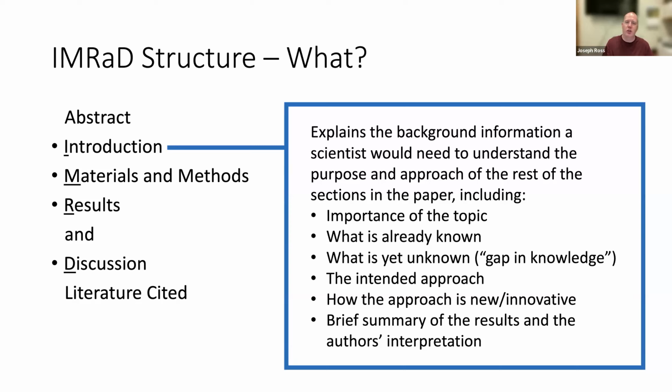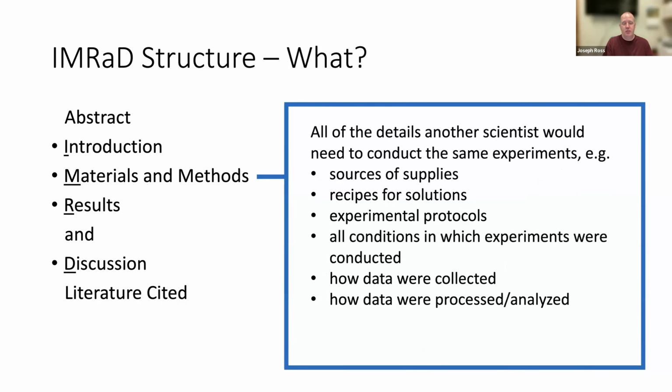So again, you can take a look at the bullet points here, the sorts of things that are typically found in the introduction. You'll notice that many of them are things that were also in the abstract. And I'll give you a trick here. Typically, the last paragraph of the introduction does something similar to the abstract in that the authors summarize what they're about to tell you in the rest of the sections of the paper. What did they do? What did they find? What does it mean? Okay, materials and methods is maybe the easiest part of a manuscript to write and probably